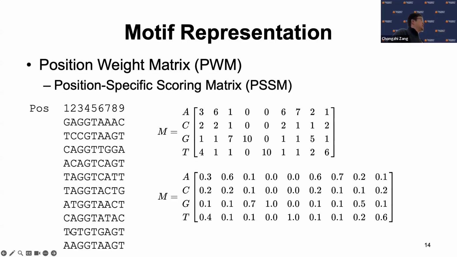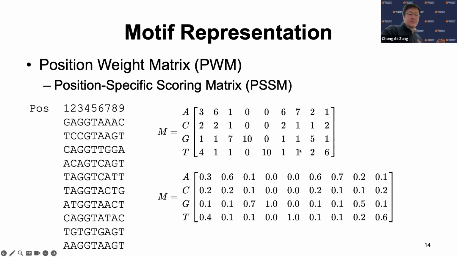So we simply count the frequency of every nucleotide in every position. And say, for example, in the fourth position, all of them are G. So they're all G. So we generate this